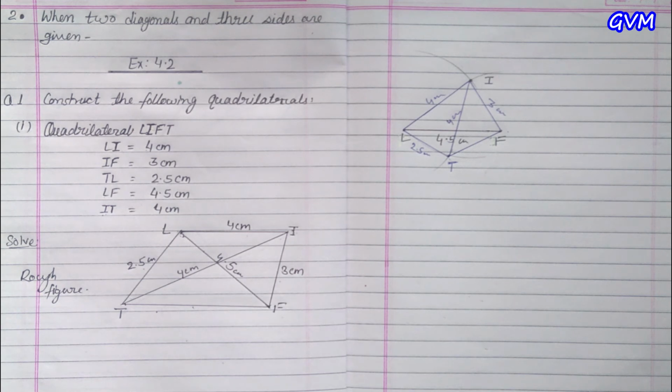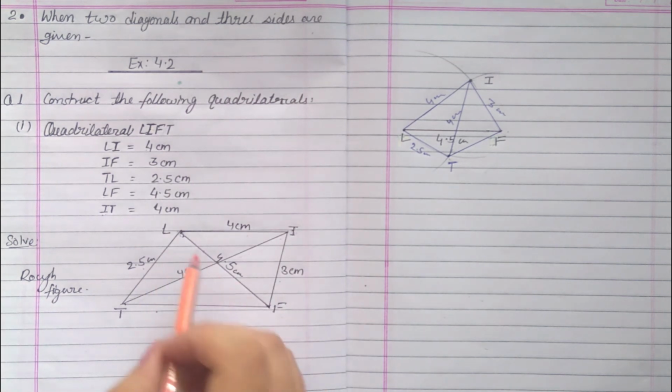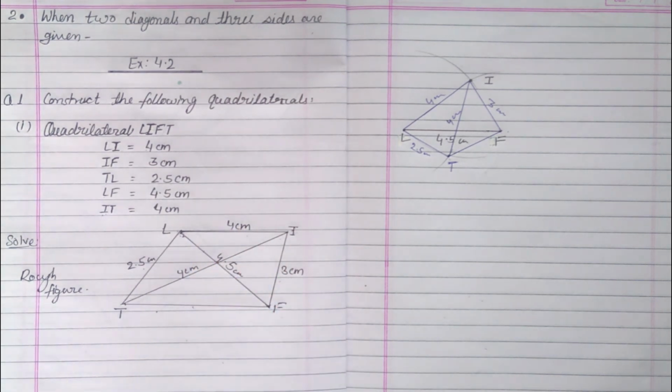You are going to do the other two constructions by the same procedure. Take that diagonal which has two sides given, and then construct as we were constructing in exercise 4.1. Then take measurements from the vertex point or the intersecting point and construct the other diagonal. After that, you will already have the points for the other two sides.